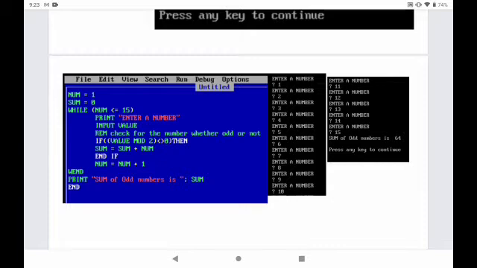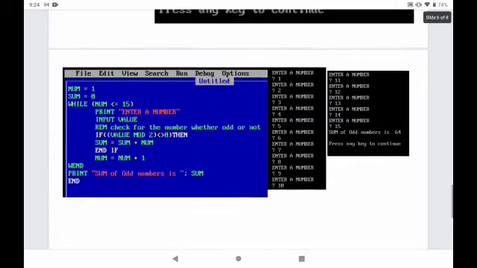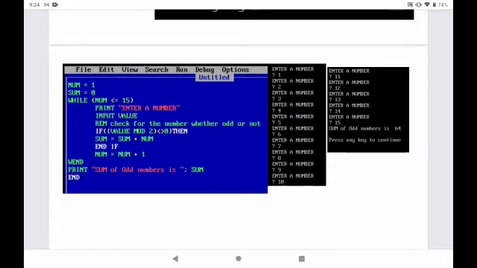Then REM, that means we are going to enter some kind of command. What is that command? Check for the number whether odd or not. If it is odd or even, it will be noted at this next line. What is the condition for that? If, inside the 2 parentheses, starting value mod 2, that means value modulus of 2, if its remainder value is equal to 0, then